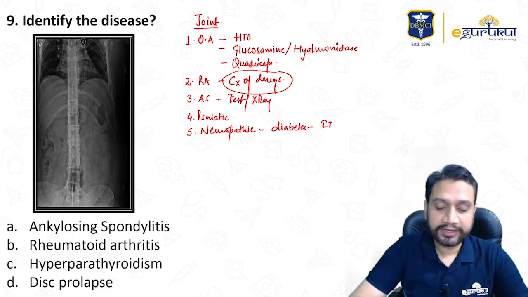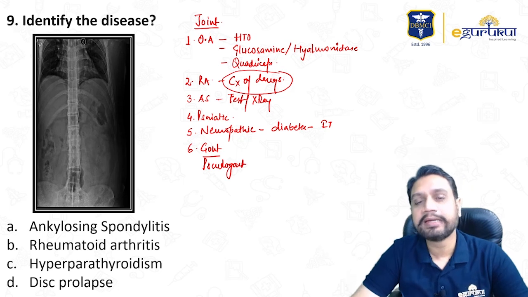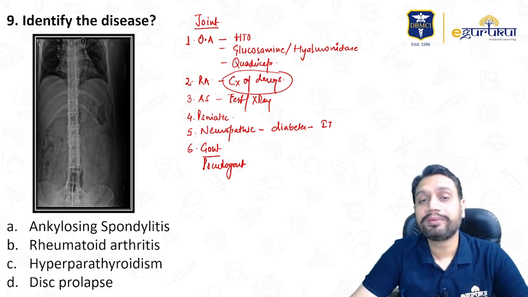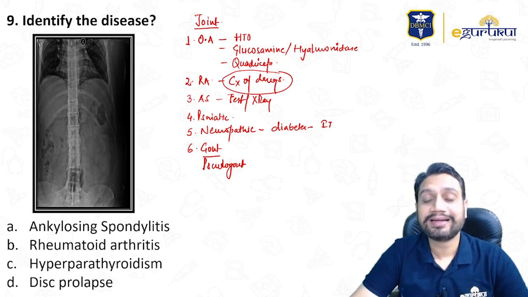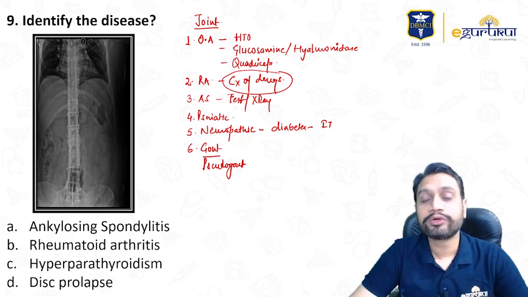When I talk about gout and pseudogout, I want you to remember that gout involves the first metatarsal with severe pain, swelling and inflammatory features. On the other hand, pseudogout involves the knee joint. The best way to diagnose both of them is aspiration, not the serum uric acid level. In gout, you are going to find monosodium urate crystals. In pseudogout, you are going to find CPPD crystals.